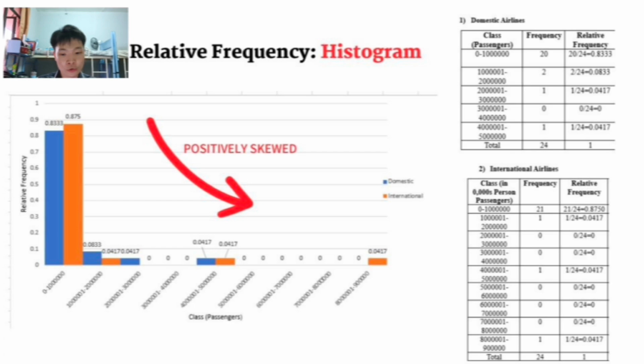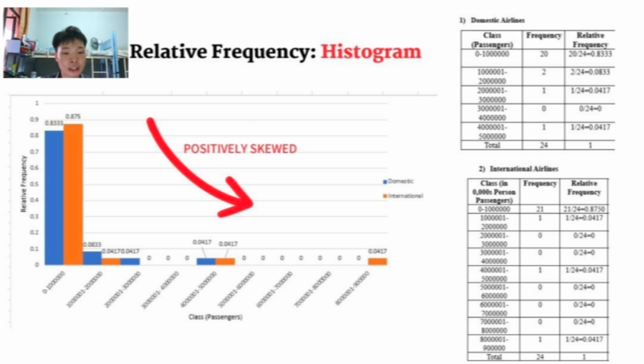So from the graph, you can see the relative frequency for domestic in the class of 0 to 1 million is 0.8333, and in the class of 1 million 1 to 2 million, the relative frequency for domestic is 0.0833. The relative frequency for domestic is the same for the classes of 2 million 1 to 3 million and 4 million 1 to 5 million, which is